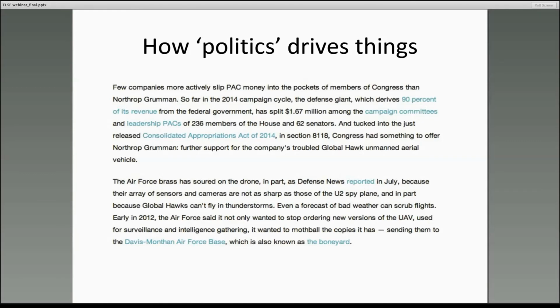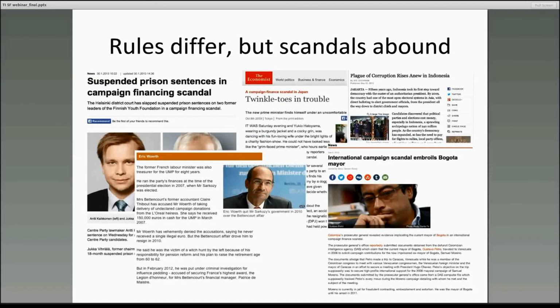And how do you explain it? Well, one of the first places you look is the campaign finance data. And generally speaking, I think we find this just about everywhere where there's political parties and money, that there's the potential for corruption, there's the potential for influence, there's the potential for taxpayer money to be misallocated and put into projects that may not be as good as they should be. It's not just scandal that we're looking at. There's opportunity costs. And again, in the case of the Northrop Grumman drone, they only have money for one weapon system. It's either going to be the U-2 or the drone that doesn't work as well as the U-2, and they're stuck with the drone because of Congress's pressure.